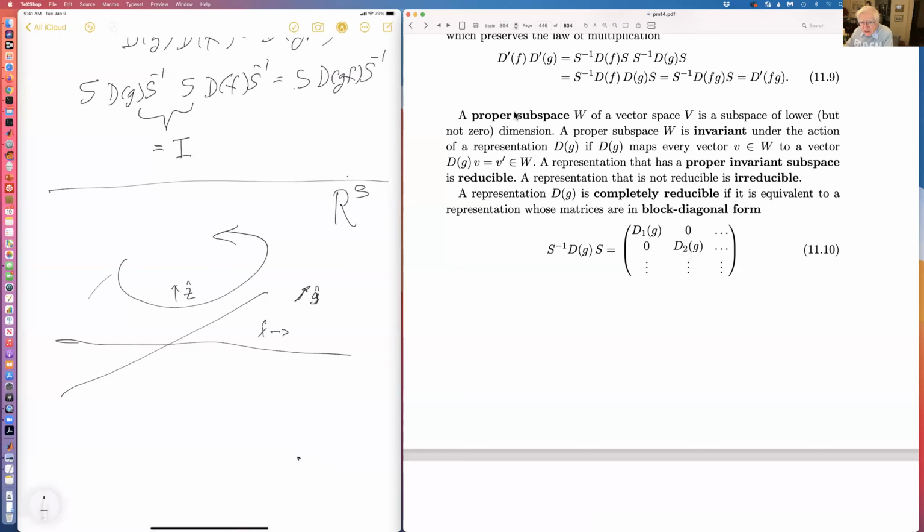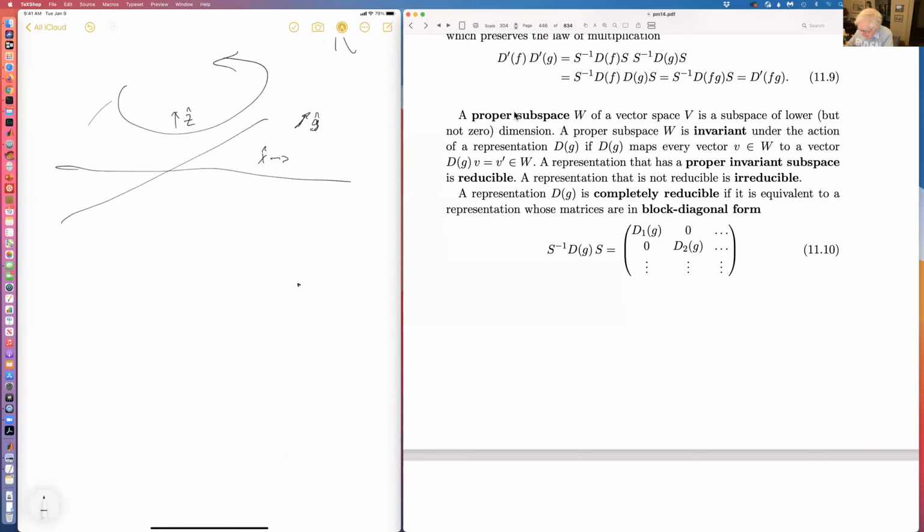In any event, a representation is completely reducible if you can write it in block diagonal form like that. And in fact, that's what we typically do one way or another in quantum mechanics, is we really like to have representations that are completely reducible. One might, for example, consider rotations, and one might be doing rotations on an atom, say, or on simply an electron moving about a charge of infinite mass,